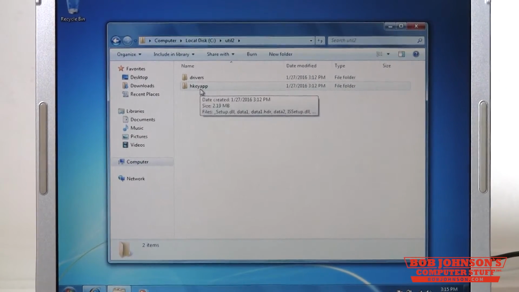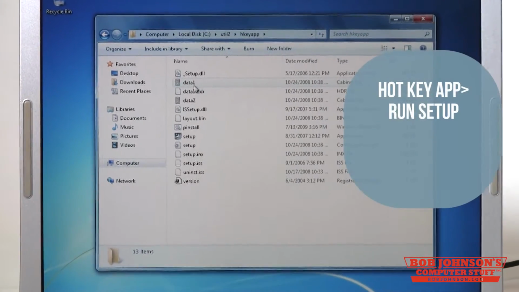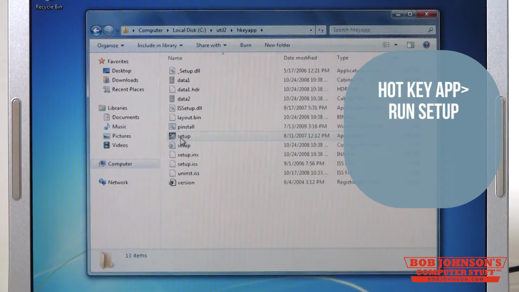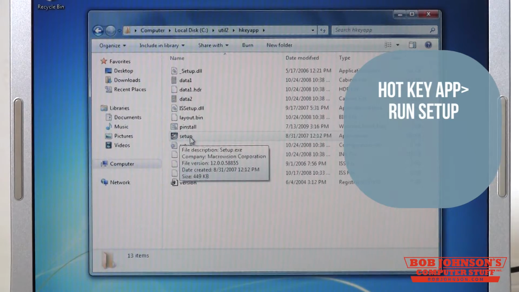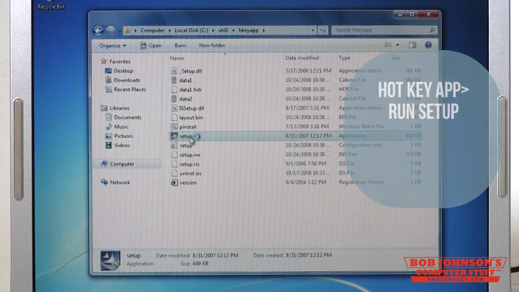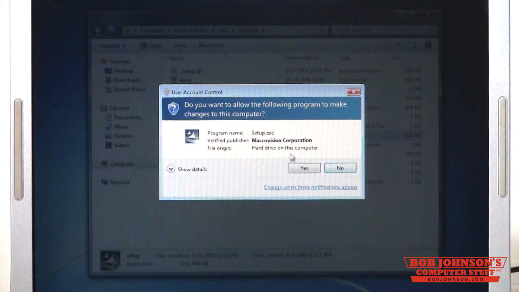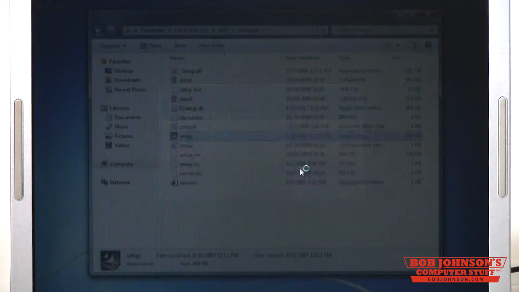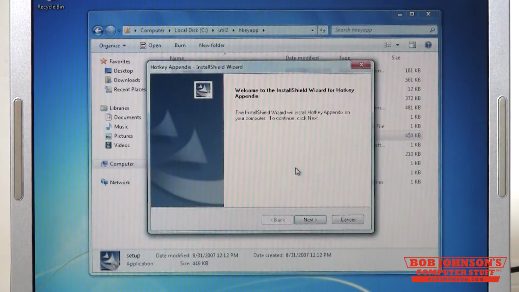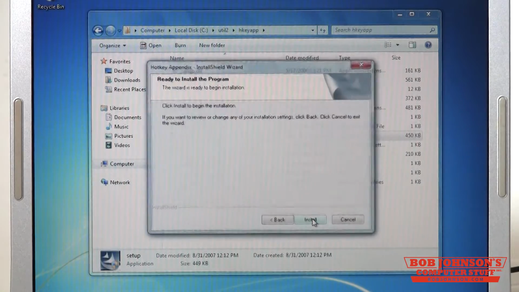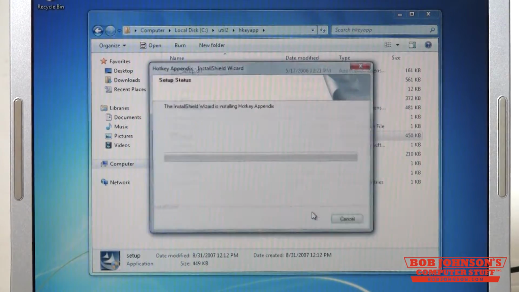You click on the hotkey app here. You go down to setup, the setup.exe, and you run it. If it asks for permission to run, go ahead and allow it. You're going to click Next and then Install.